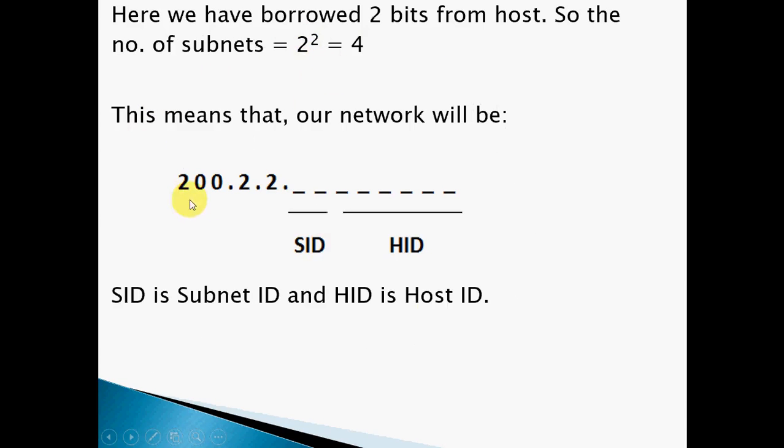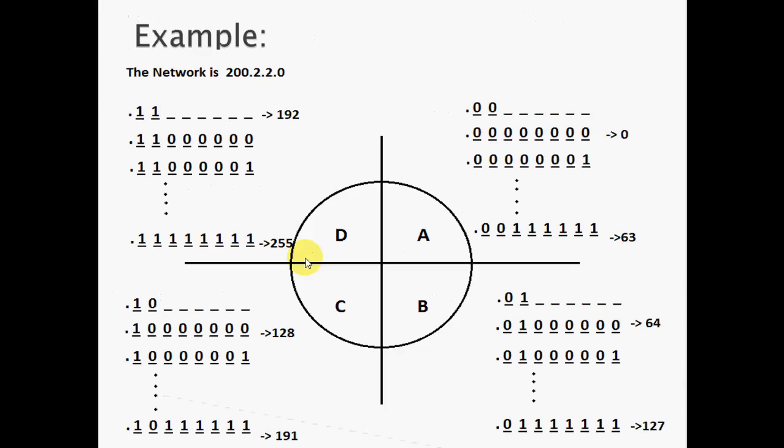The network ID for our network is 200.2.2.0. The last host part can be divided into 8 bits, among which we have borrowed the 2 starting bits. These 2 bits represent the subnet ID and the remaining 6 bits represent the host ID. If there are all zeros in the host ID, then it will be the subnet network ID for the respective subnet, and if there are all ones in the host ID, then it will be the directed broadcast address for the respective subnet. So for the above example,